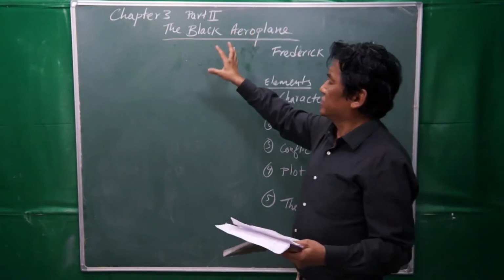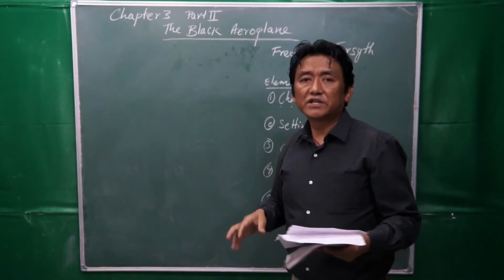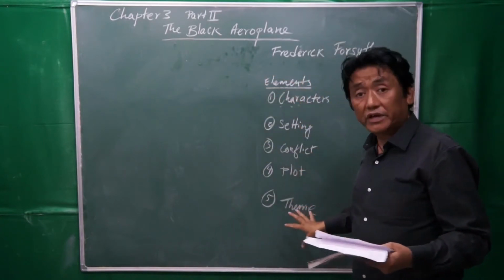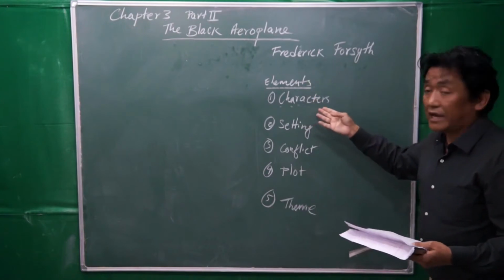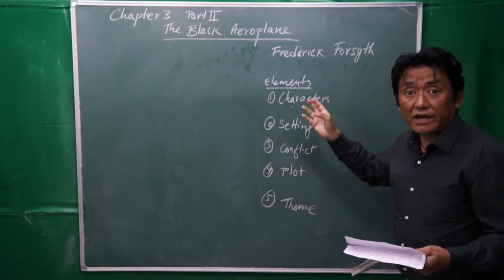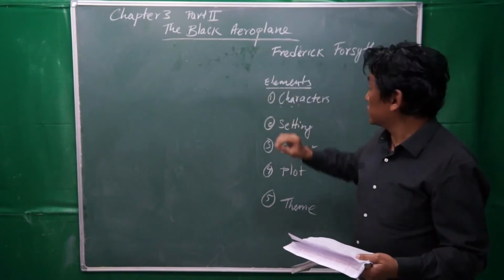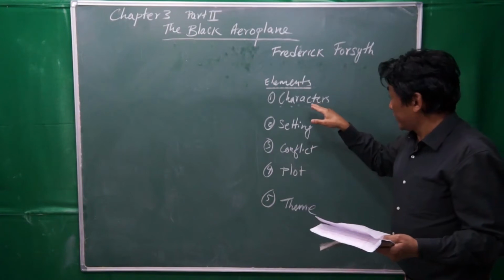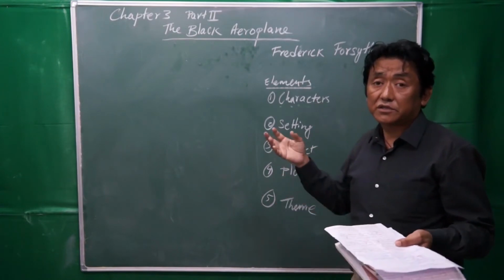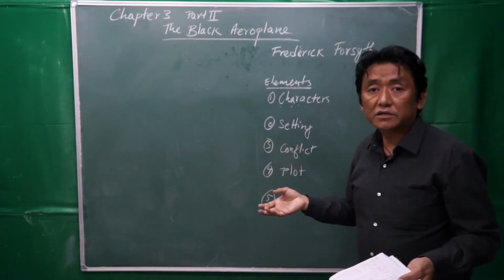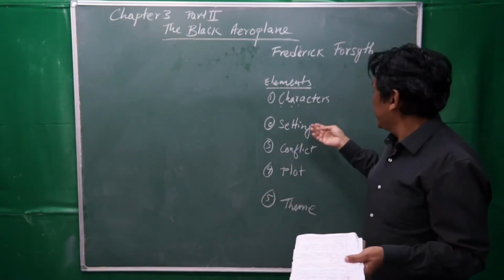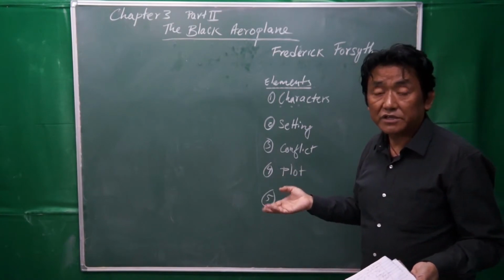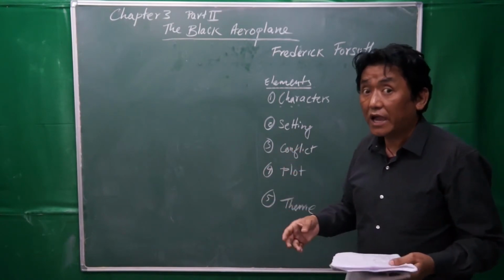Now, as usual, in order to understand the short story or any story, we need to understand the elements, right? I have listed these elements here again. The first one is characters. We have to find the characters from this story in order to understand the story properly. And setting also. Characters means the ones who are taking part in the story. That could be primary characters, that could be secondary characters. And setting is about time and place, all right? Where is it happening and when is it happening?